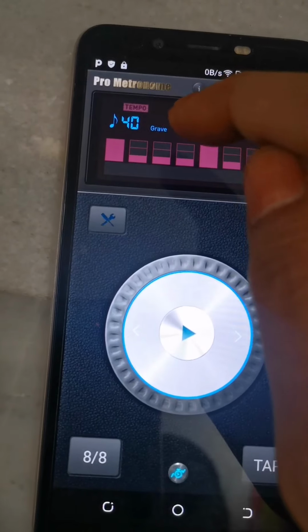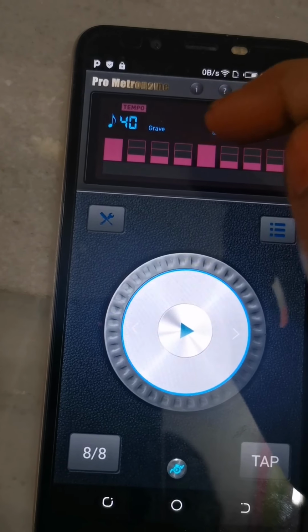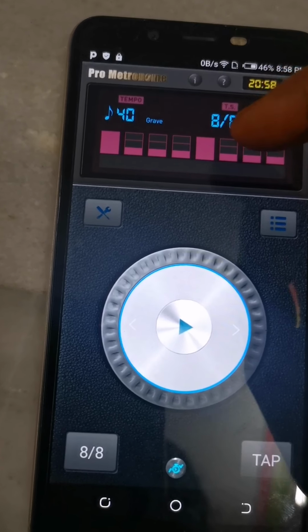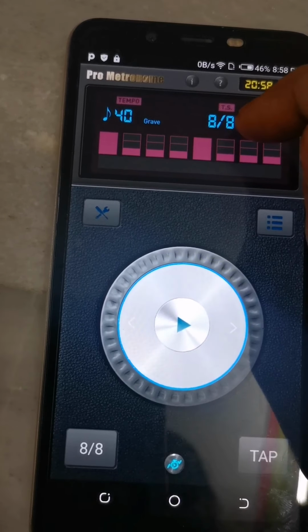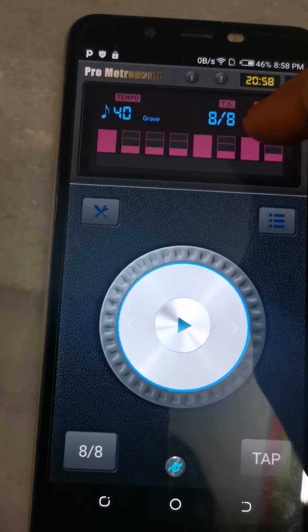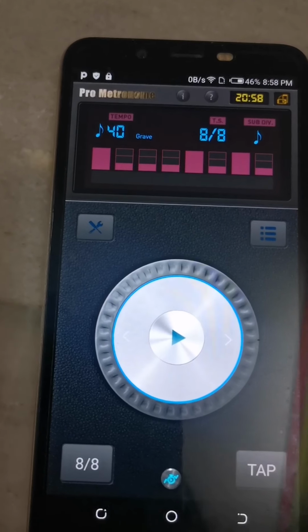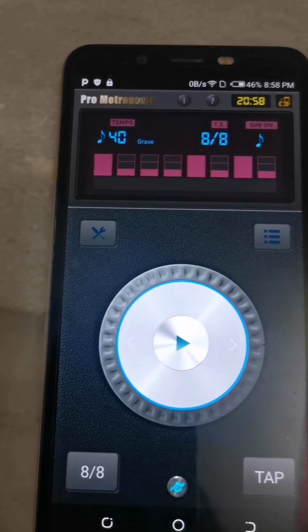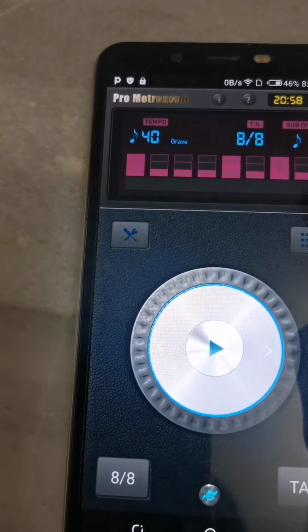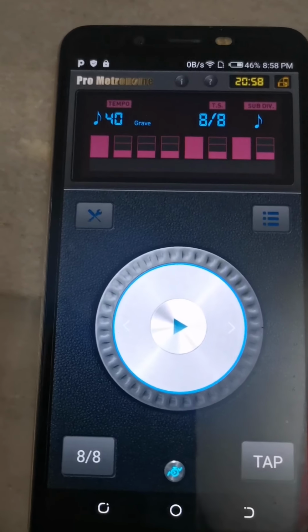See, when you tap on that bar, it decreases and it also increases. So 1 is already filled, 2 3 4 and 5 is already filled, and 6 and then 7 we have to fill it. So you just tap on the bar. So now it is full. So now we have set the talam 1 5 7 and totally 8 beats for Adi talam.